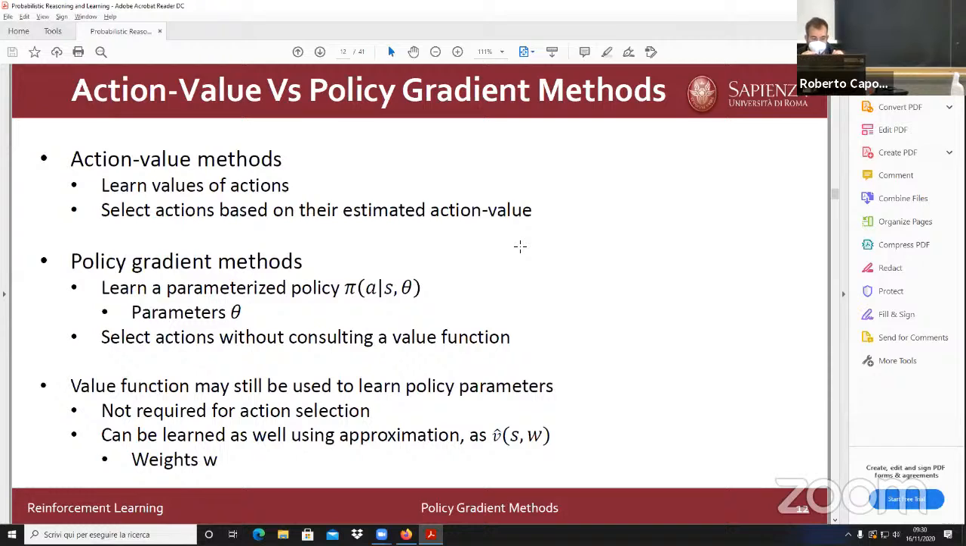So we have seen a bunch of methods that belong to action value methods, right? We have seen Monte Carlo methods, temporal difference methods, and n-step bootstrapping methods. Those are all action value or value-based methods, where we directly estimate a value function and then use it to compute our policy. In policy gradient methods, similar to what we have seen for bandit problems, instead of learning the value function,